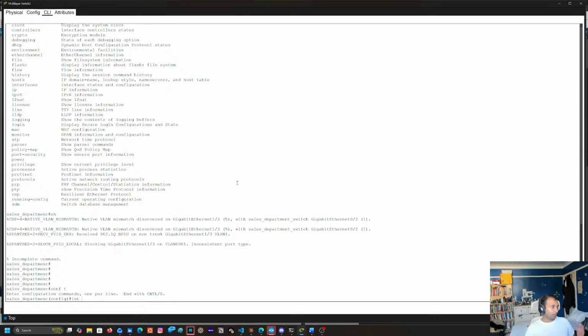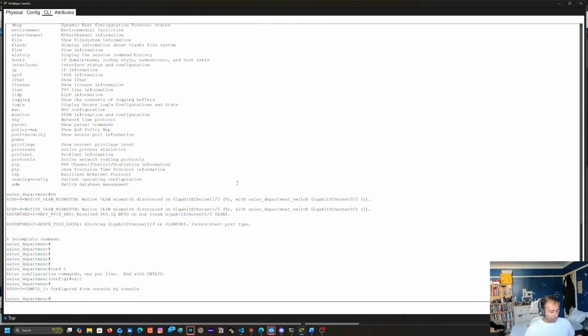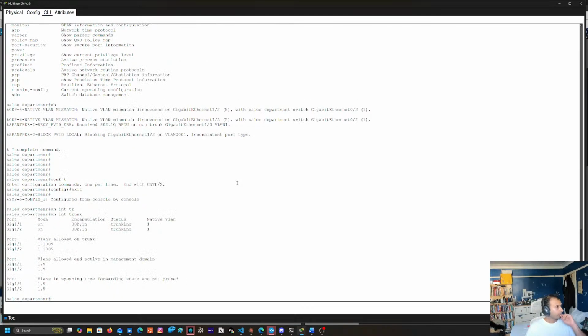1/5, because 1/5 was discovered to have 5 as a native VLAN. But it says that there's a bit of a difference there. So are we on a trunk interface on 1/3? Let's do a show interface trunk. So here's the thing. We've got VLAN 1 as a native. We should have a mismatch here, because 1 and 2, which go off to those,